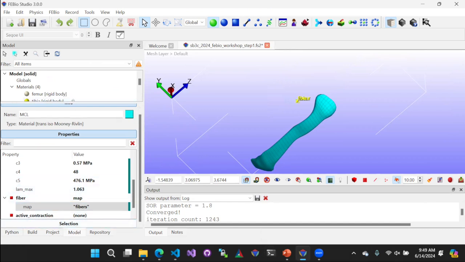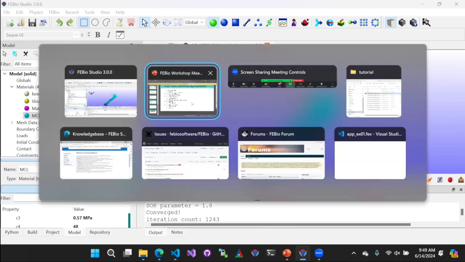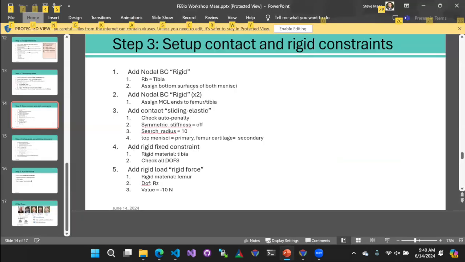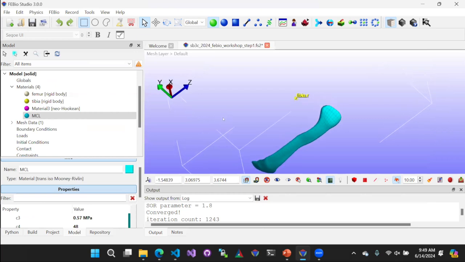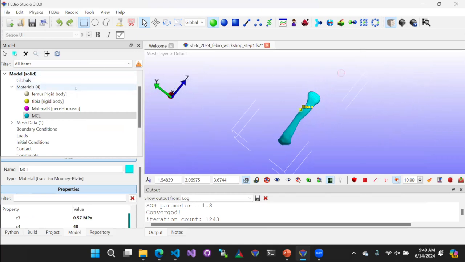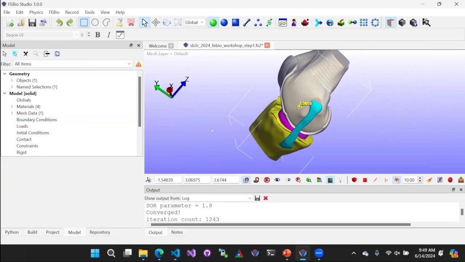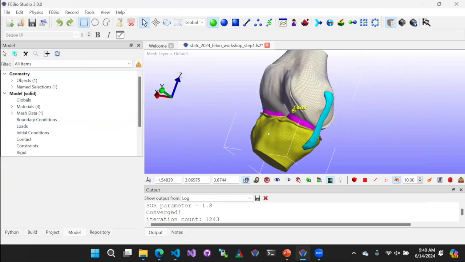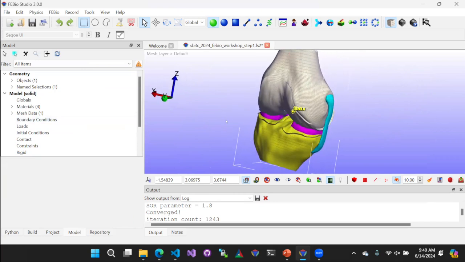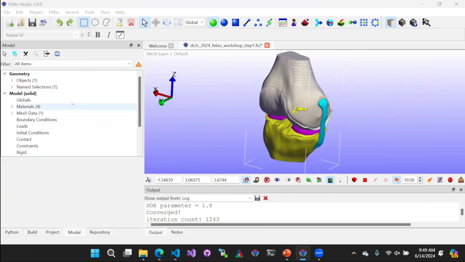So go back to our model panel. Let me see, what are we going to do first? Okay, so the first thing, let's bring everything back. So if you go back to your geometry item here in your model tree and you right click on the objects item, you can say show all objects. Okay, so everything is back now. We have our white selection box. Good. All right, so the first thing we're going to do is we're going to attach